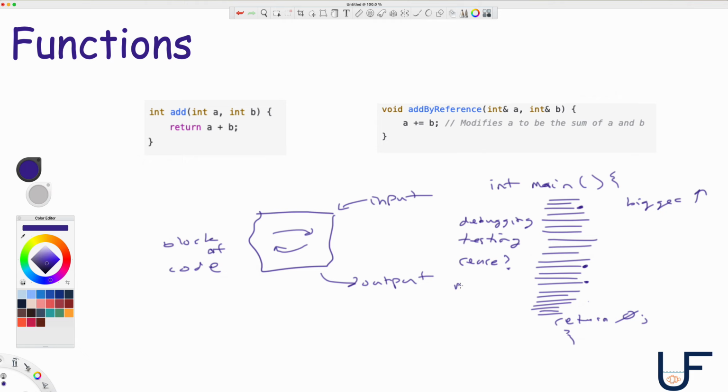Overall, the maintainability of this code becomes really hard. So over time, you might want to add features and take features away. It's really difficult now. Where do you put it, right? You want to make sure you didn't break something else as you added new things. So these are some of the basic